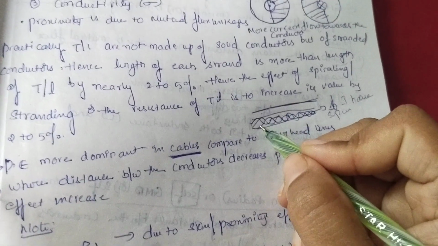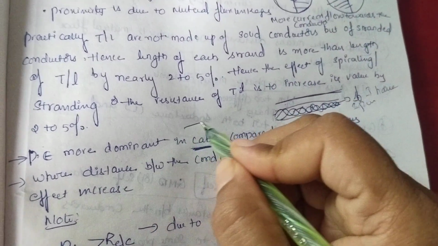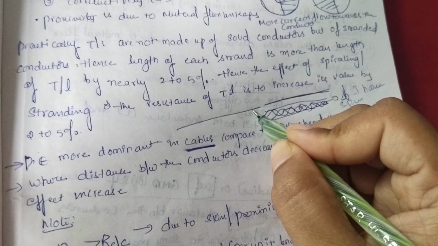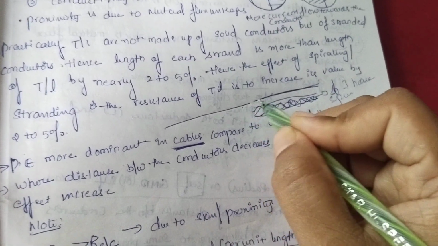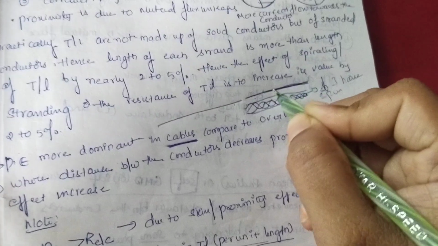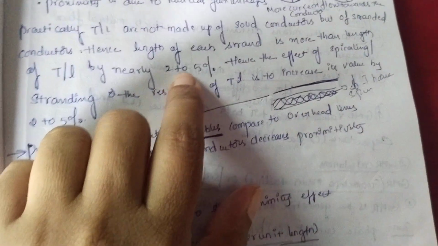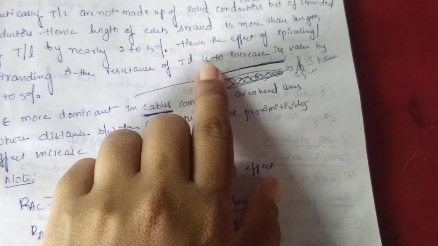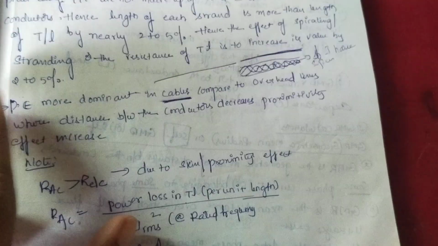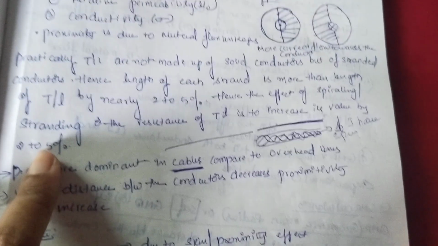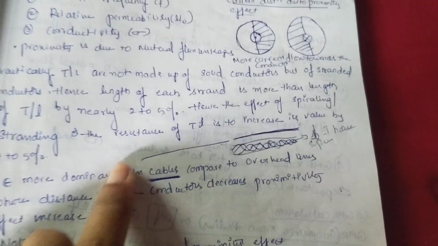If I take one of these wires and make it straight, then the length of this bent, spiraled wire will be more than the solid conductor. How much more? Nearly 2 to 5% more. So the effect of spiraling or stranding on the resistance of the transmission line is to increase it by 2 to 5%. How is the resistance increased? We can say this because